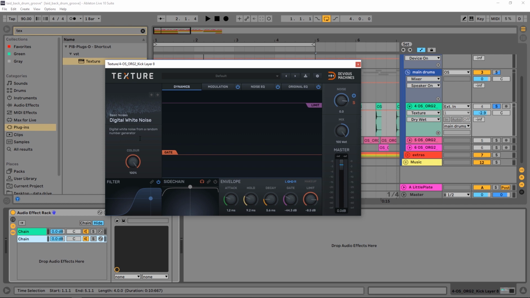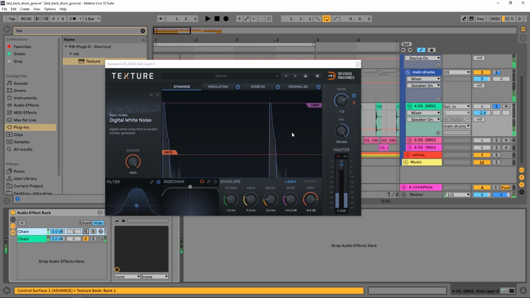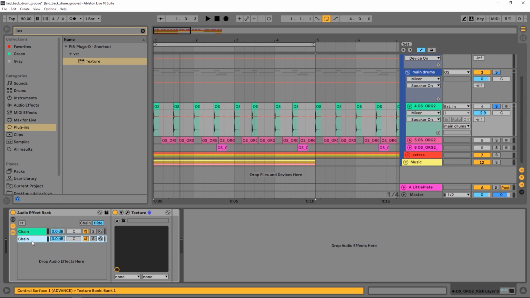And I'm actually going to start with this digital white noise, maybe around the midway here. So that's with it. You can see it's adding that extra bit of punch right there. That's perfect. If I turn this off, that's what it's adding to the signal, and that's what I like. But again, what I can do is duplicate it or drag another one in there,